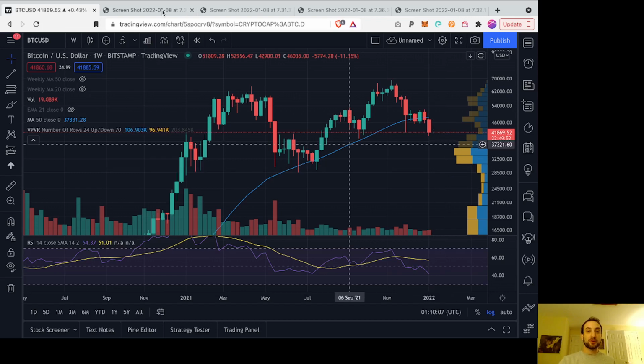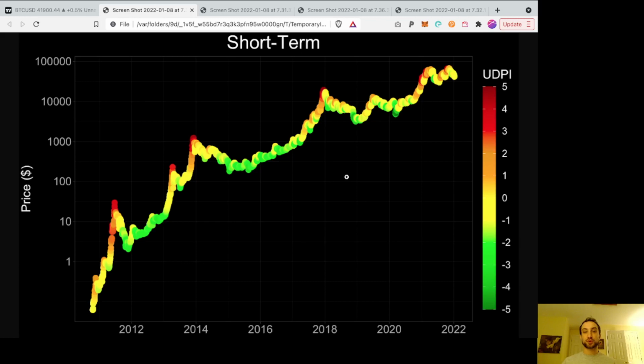Another bearish data point here, if we want it. I'm pulling up the short-term UDPI chart. This is much more reactive, but it can still be useful to look at on a long-term time frame. And one thing we can glean from doing so is that on the short term, back in 2013, we did reach that overextended, deep red zone past +4, and we reached it twice. Both peaks got that overextended. And here too, we've reached that a second time. It was brief on the short term UDPI chart, but it did reach that red zone twice this cycle.